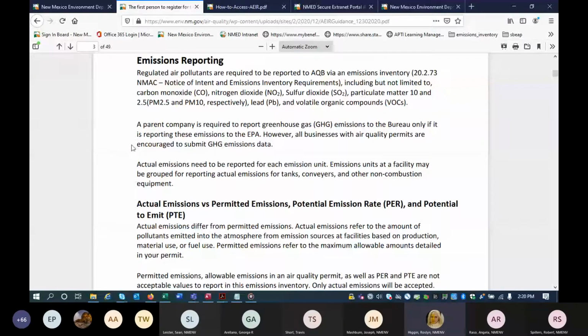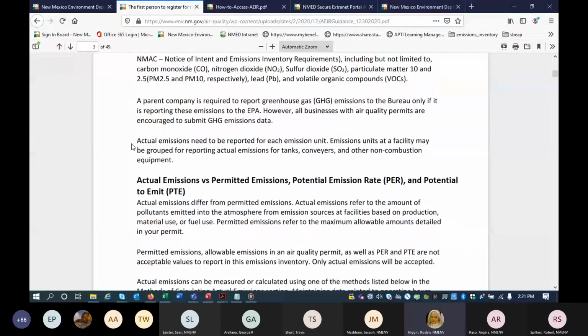If you are reporting to EPA, then you're required to report to AQV for 2020 by the company, by the parent company, not by the facility. But if you don't have to submit to EPA, we do welcome any information that you have that you can submit to us. That would be really helpful.